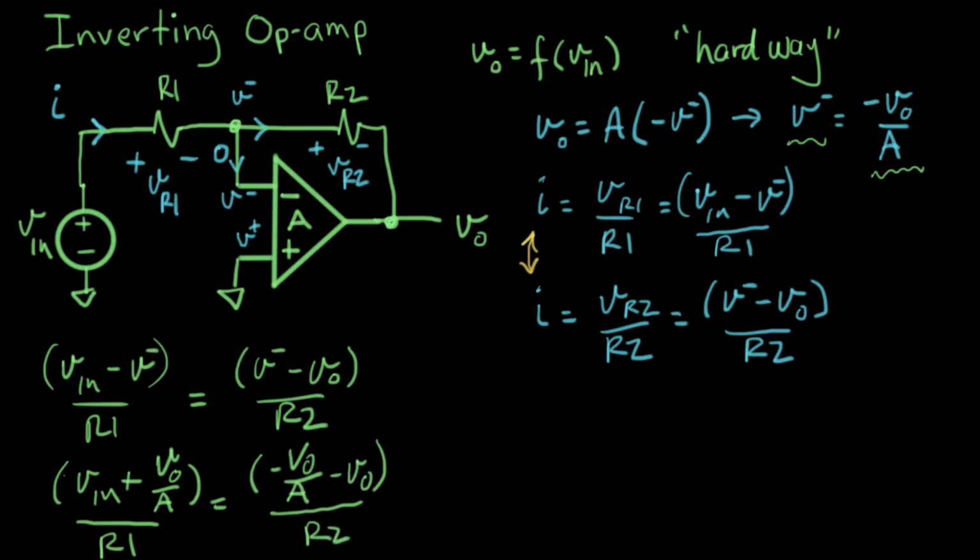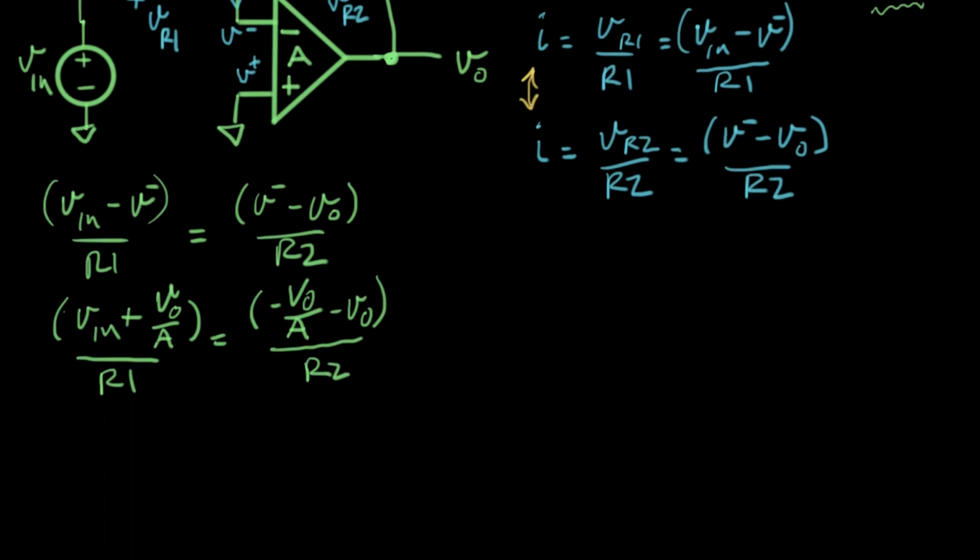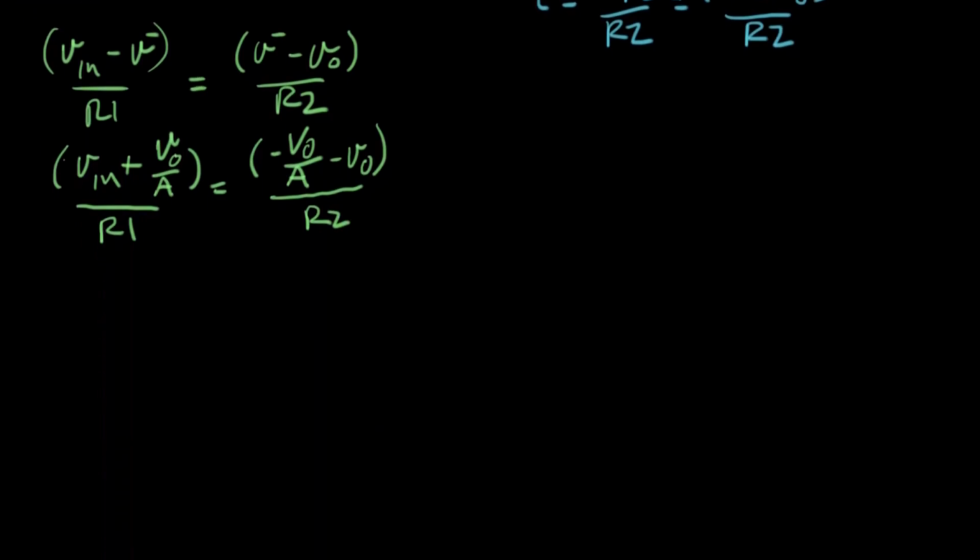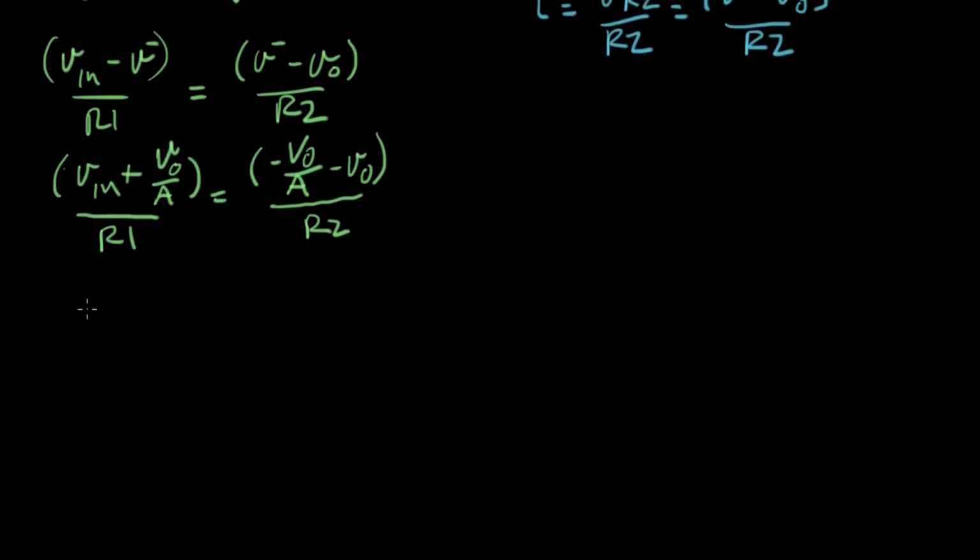All right, let's roll down a little bit, get some room, and we'll keep going. What am I going to do next? Next, I'm going to multiply both sides by A just to get A out of the bottom there. So now I get A times V in plus V out over R1